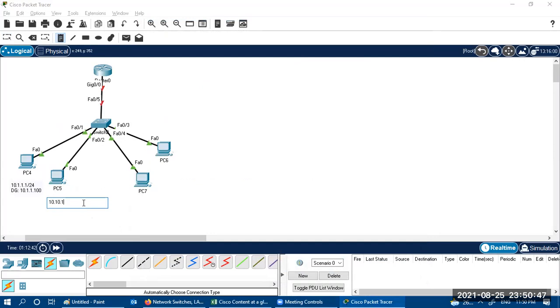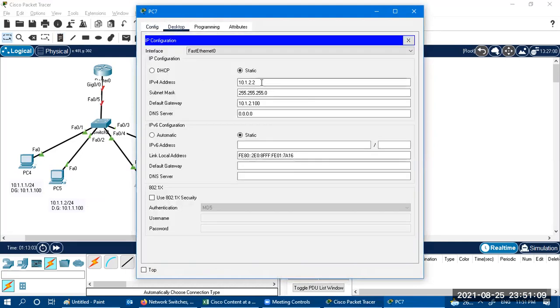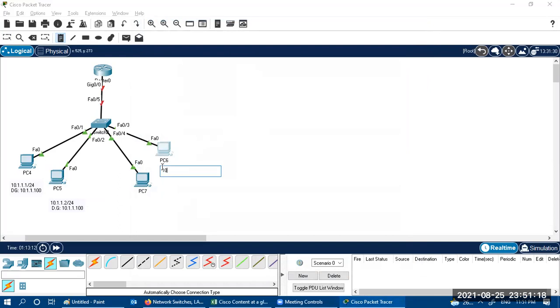Same over here, 10.1.1.2/24, default gateway 10.1.1.100. Then 10.1.2.1/24, default gateway 10.1.2.100, and 10.1.2.2/24, default gateway 10.1.2.100.